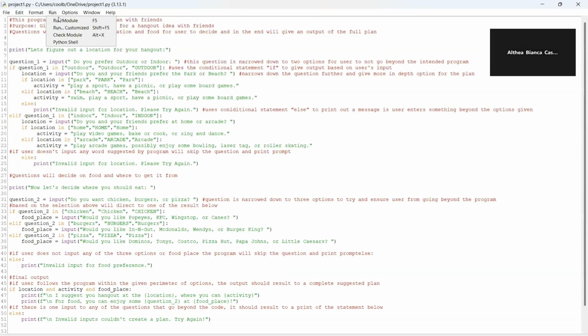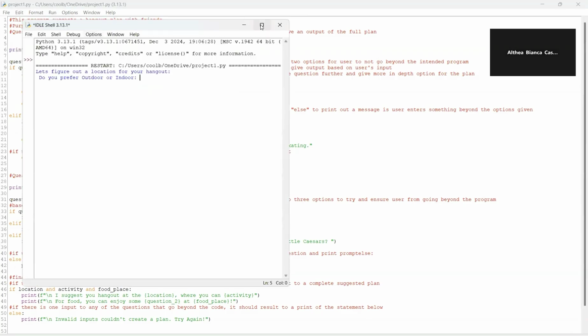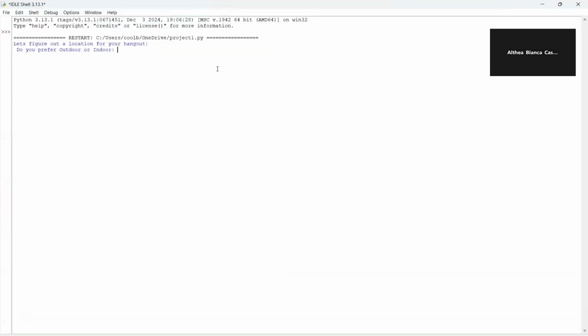Now let's try if the user was to give an invalid input for the first question. Similarly, like I've stated before, it will prompt an invalid input for location, please try again prompt.